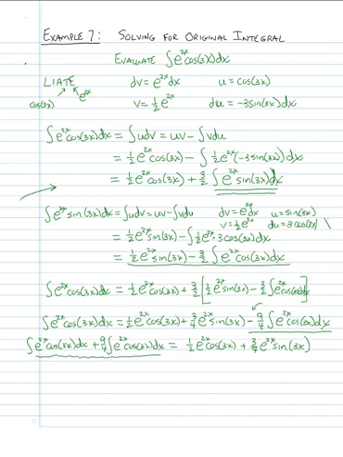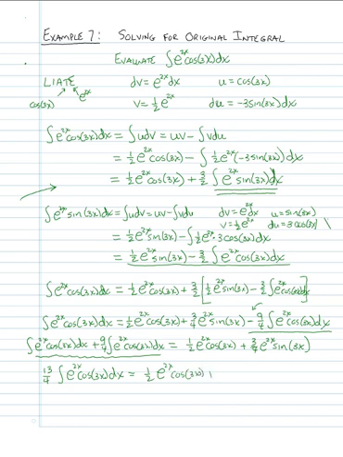Because we have one of these integrals plus 9/4 of those integrals, how many altogether? 1 plus 9/4 is 13/4. So we can say that it's 13/4 times the integral of e to the 2x times cosine of 3x dx is equal to 1/2 times e to the 2x cosine of 3x